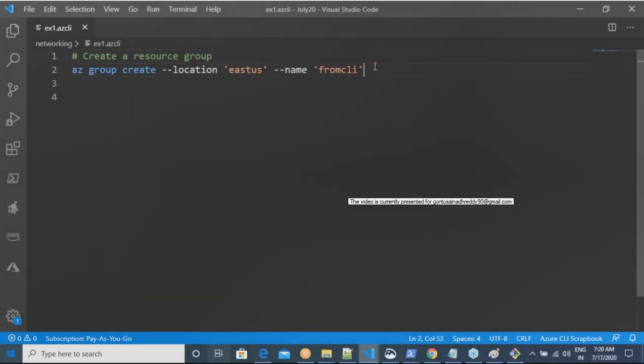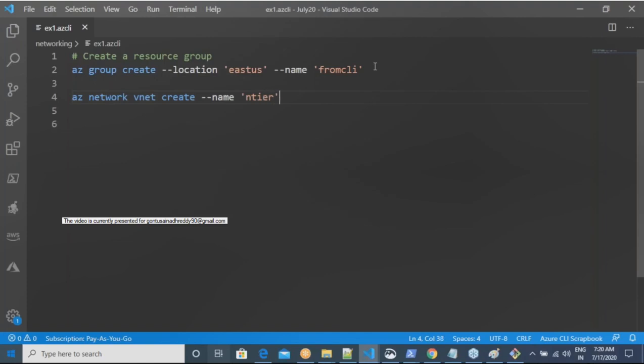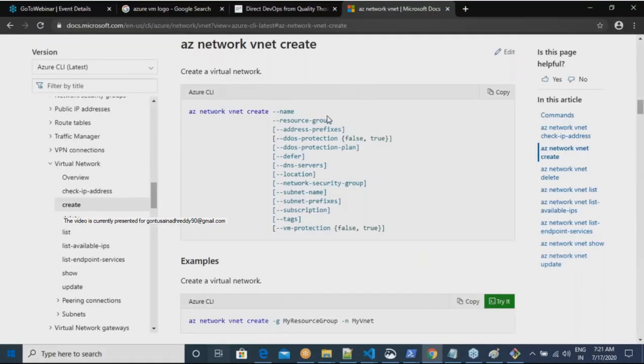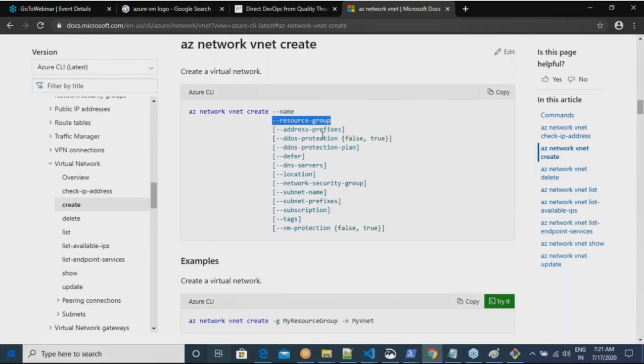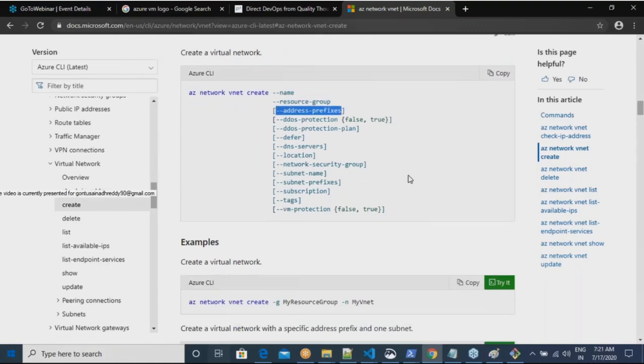Now, how would I write that? az network vnet create hyphen name. I said that my name would be entire. And then what is the next mandatory field which I need to tell? Resource group's name, hyphen resource group. And just above we have created a resource group with a name called from CLI. And then we have said that we want to have some address prefixes.